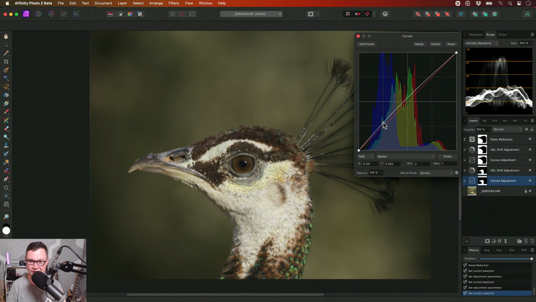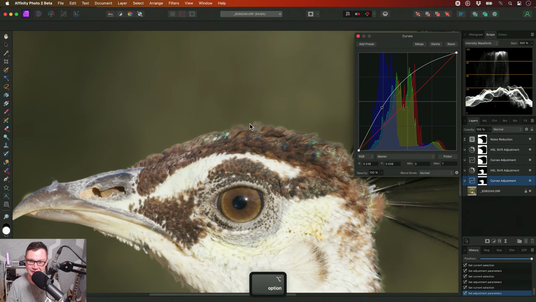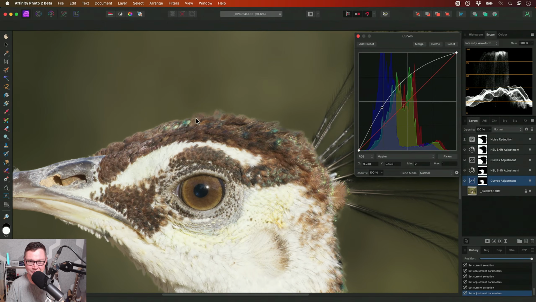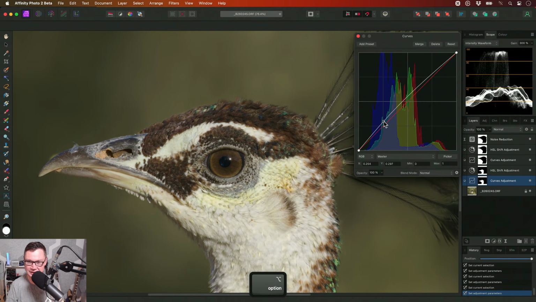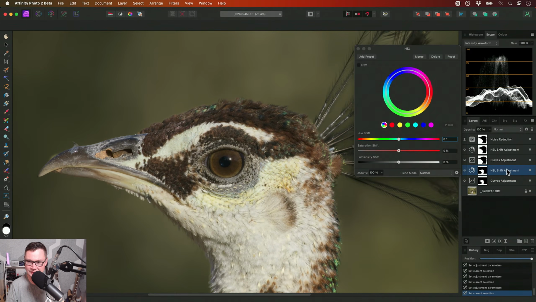Push this up ever so slightly, not by much, because then you can go too far and it just looks really obvious. You know, there you go. So you can see the separation there where the anti-aliased pixels are. That's not good. So we'll keep that down to a bare minimum, something like that. Okay. And then the HSL for the foreground will just increase the